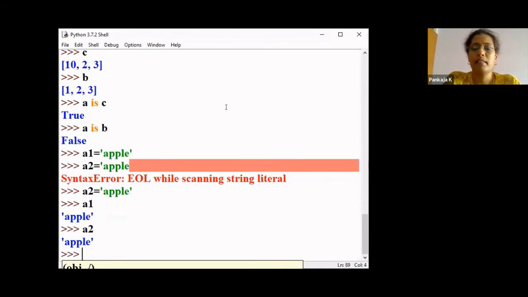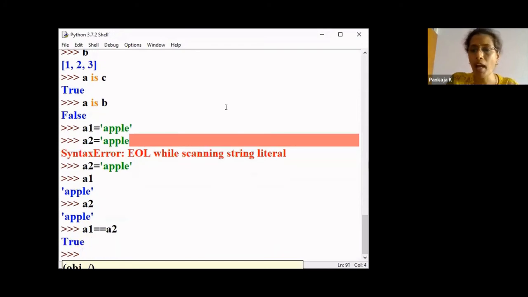Both are apple. Now, if I use the equal to operator and the is operator, if I say A1 equal to A2, we get true as usual. But if I say A1 is A2, what answer would you expect? Whether it is true or false.